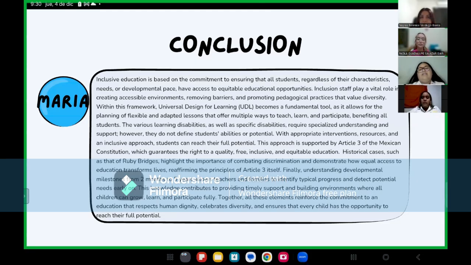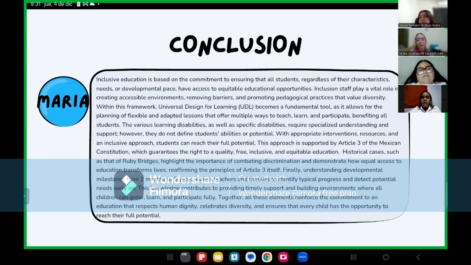Inclusive staff play a vital role in creating accessible environments, removing barriers, and promoting pedagogical practices that value diversity. Within this framework, Universal Design for Learning, UDL, becomes a fundamental tool, as it